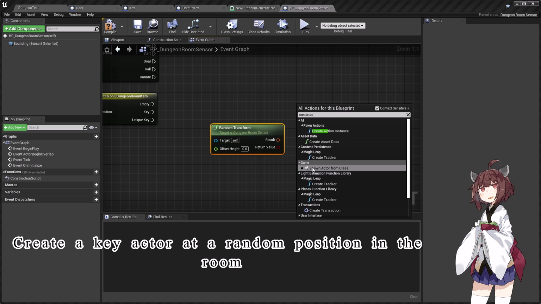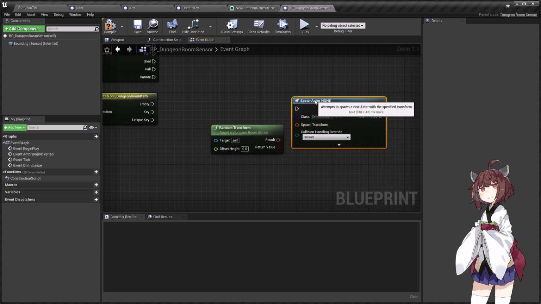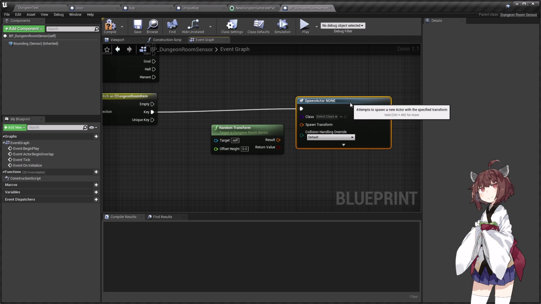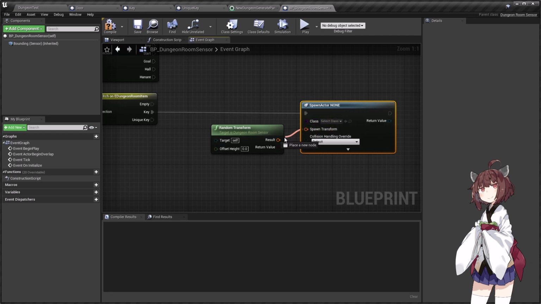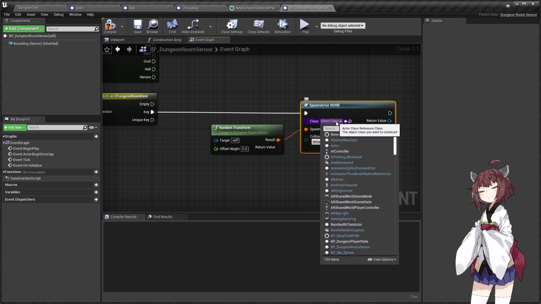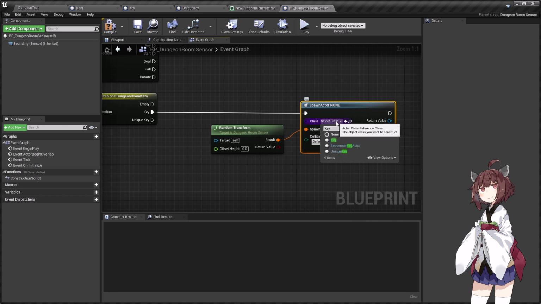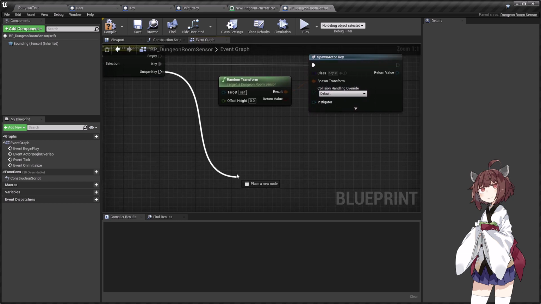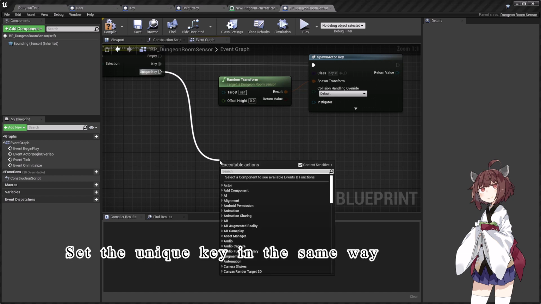Create a key actor at a random position in the room. Set the unique key in the same way.